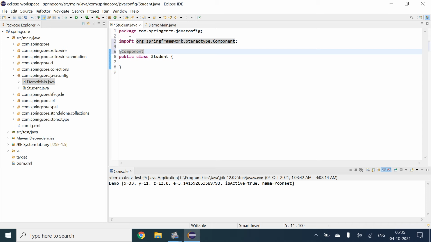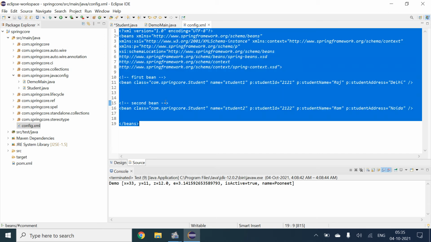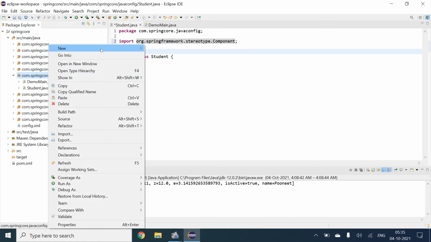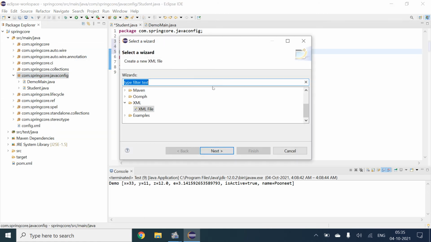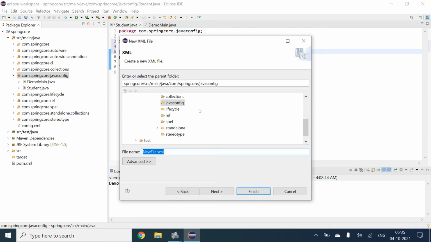So what we will do now is open a configuration file, select all and copy it, close it, and create a new XML file here, Config.xml.